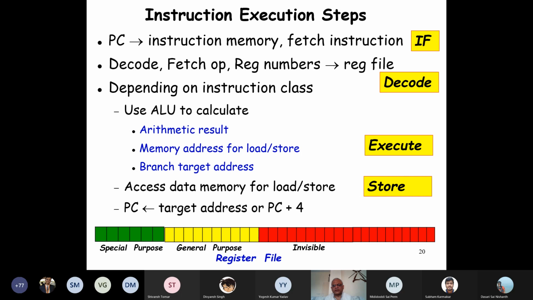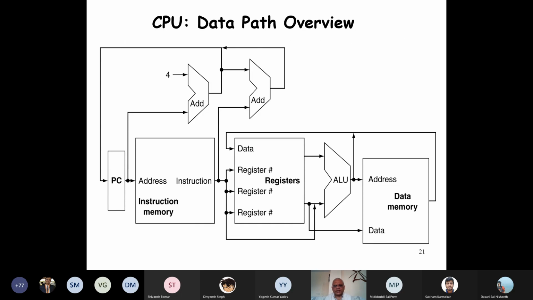Even if you study in a higher course, you will always find that this is what is written, to make all the instructions have instruction fetch, decode, execute, store, and write back into the registers, because that helps in pipelining. As we proceed, we'll see that we need to have all the instructions in a unified format. Even though many instructions don't use store or load in the data memory, still we have a phase here because that helps in pipelining. Now let's look at the overview of our processor.